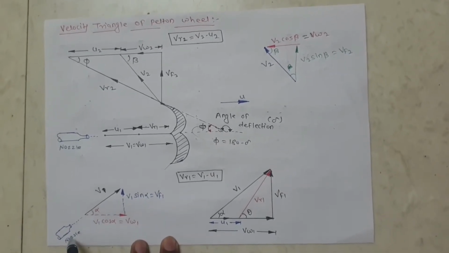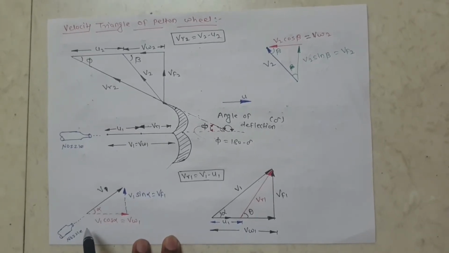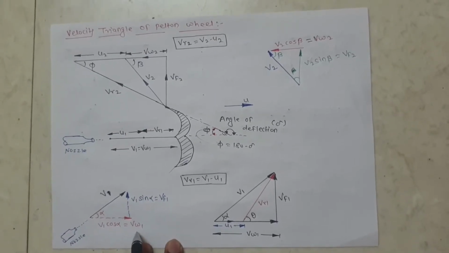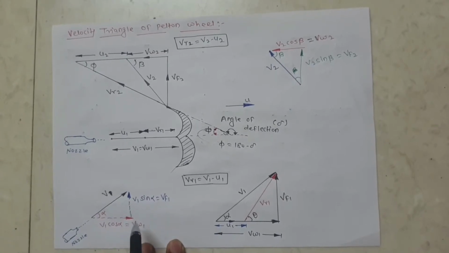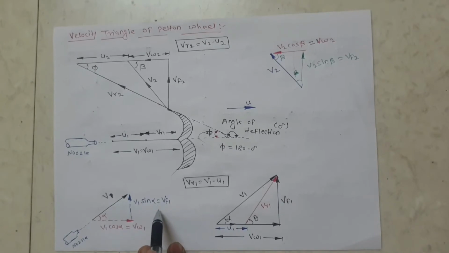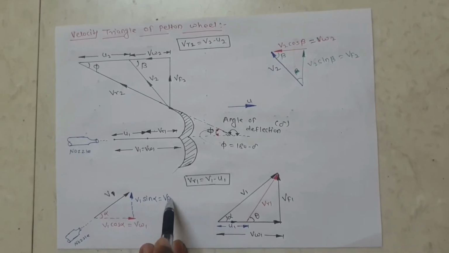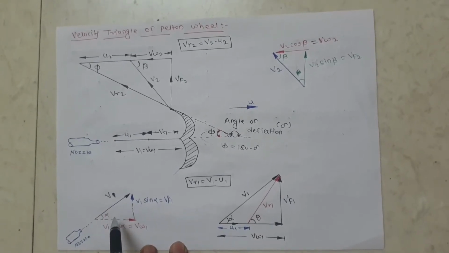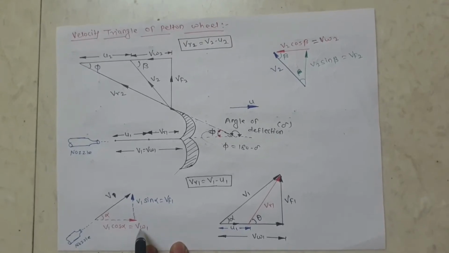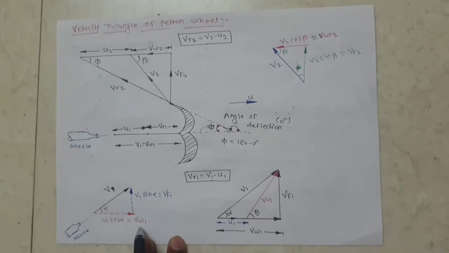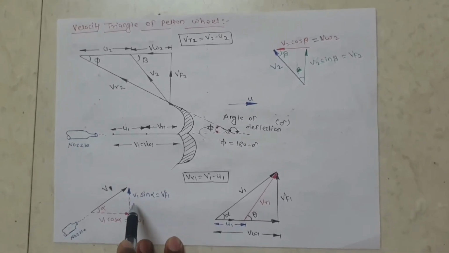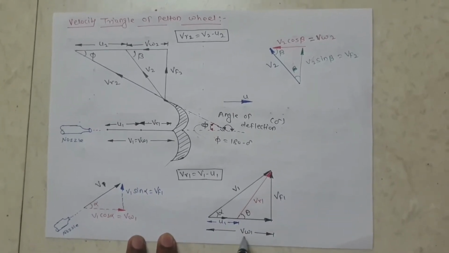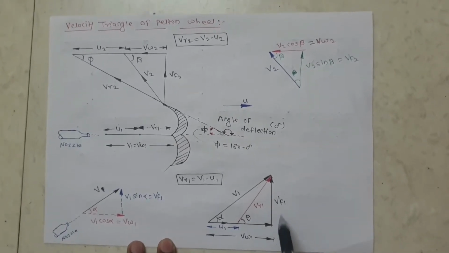That alpha is also called as nozzle angle. So V1 cos alpha is the horizontal component, that is the whirl velocity at inlet. And the vertical component V1 sin alpha, that is the flow velocity at inlet, that is the Vf1. So every velocity component is resolved into two parts, one is the horizontal and one is the vertical. Horizontal component is the whirl velocity and vertical component is the flow velocity. So here V1 is the absolute velocity, horizontal component is the whirl velocity Vw1 and vertical component is the